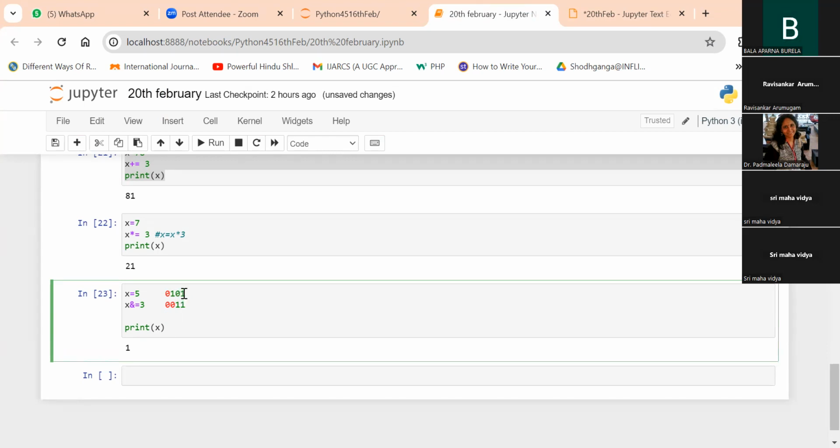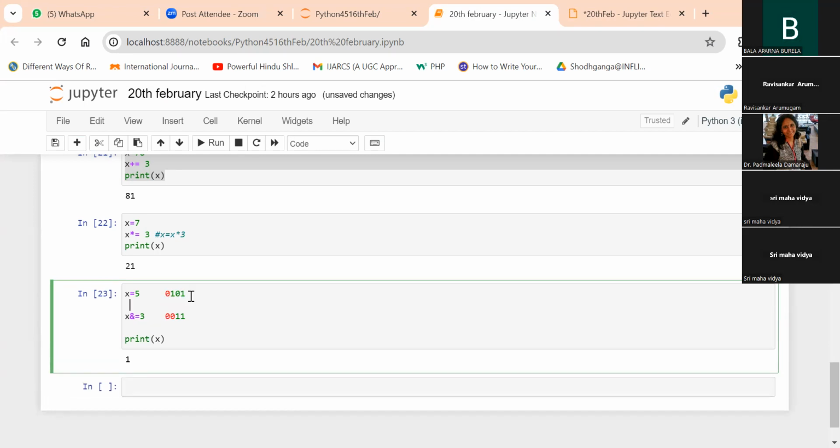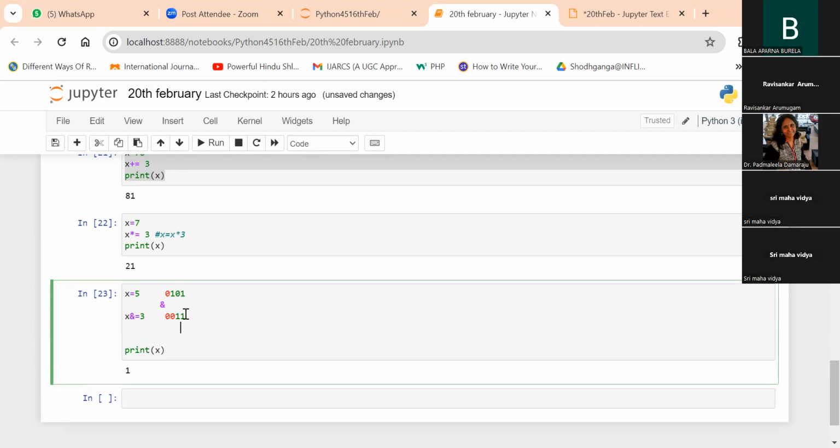So if I say 1 and 1, if both the values are 1, we will get a 1. Okay, here we will be getting a 1. Next, if this is a 0 and this is a 1, what is the outcome? One number is 0, the other number is 1, means the outcome will be a 0, because unless and